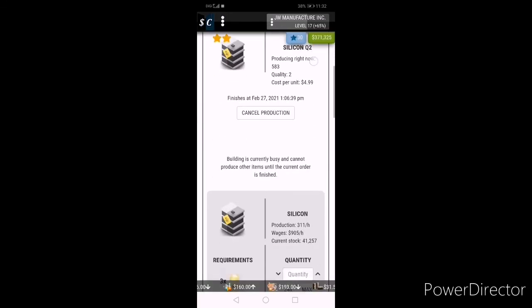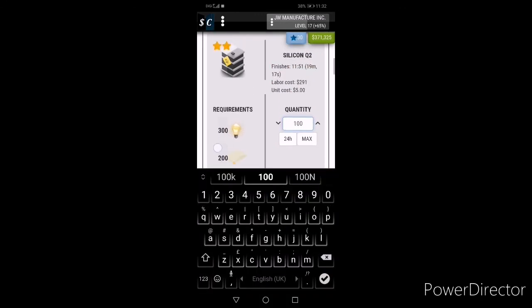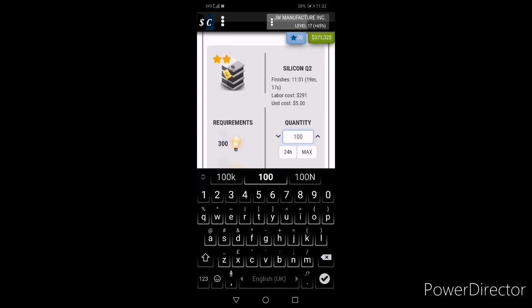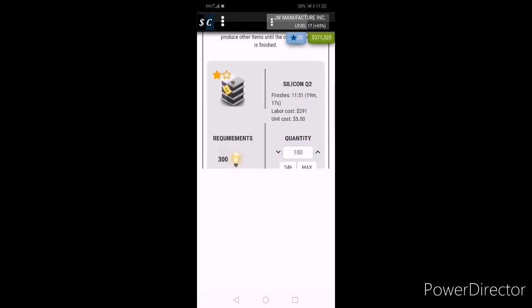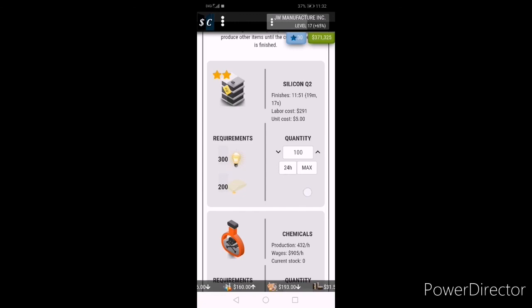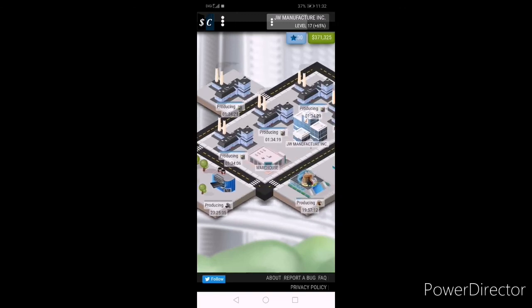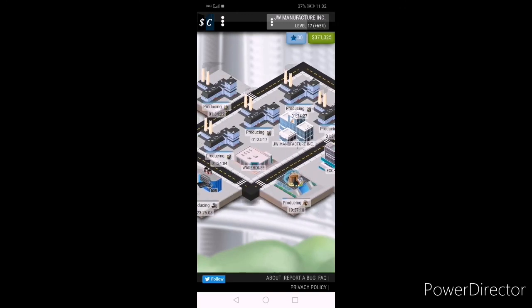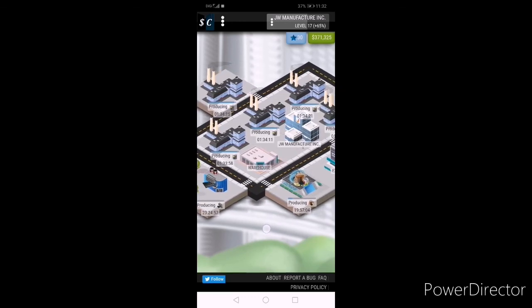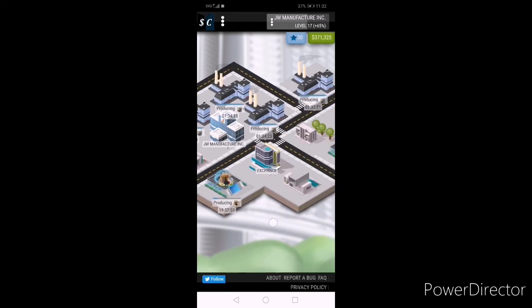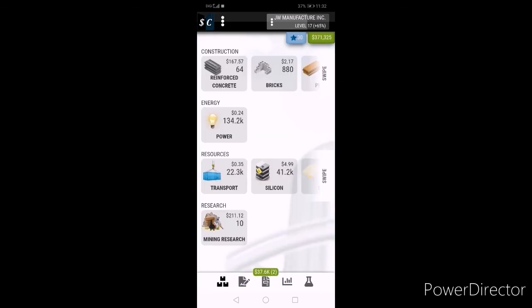So if you want to produce something, you can just type in your quantity here and it will tell you your labor cost, your cost per unit, and your requirements, and you can choose your quality here too. Okay, but you can only choose when you research to quality 1. For normal beginners, you will just have quality 0 products, but it's okay to sell them as your price may be a little bit lower than quality products. Okay, so you can raise quality by using this research.